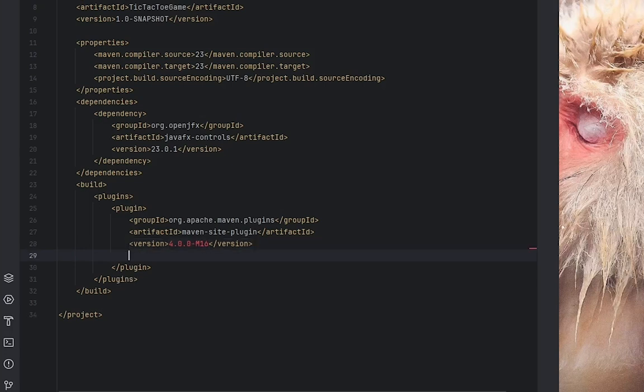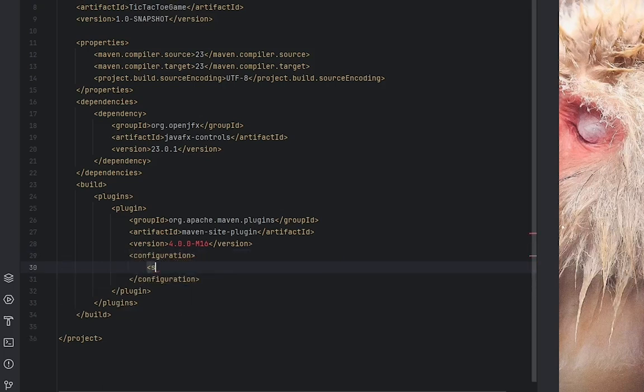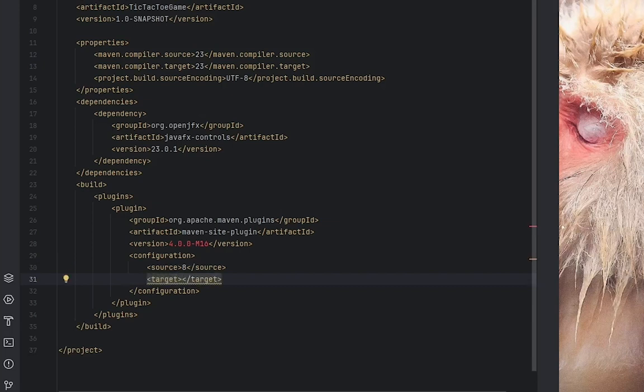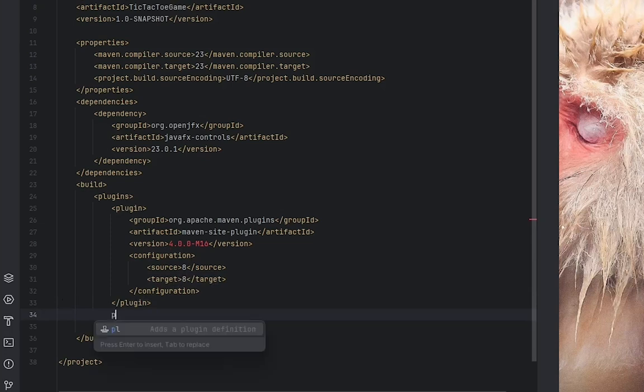Then we are also going to add the configuration. Then the target, 8. Then we are done with that plugin. Then you're going to add the JavaFX Maven plugin. So just the same, plugin,